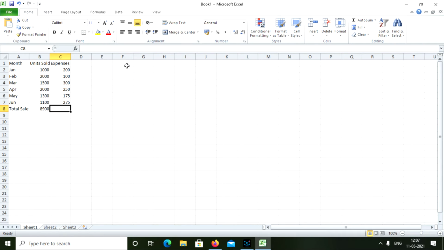Now in this C8 cell, I am typing the formula. Now what I have to do?